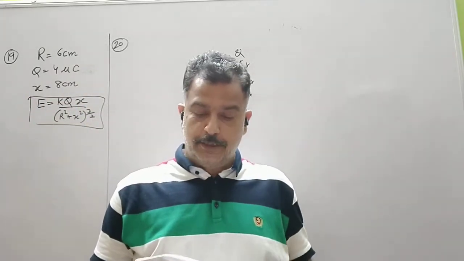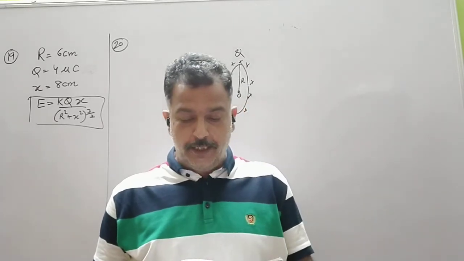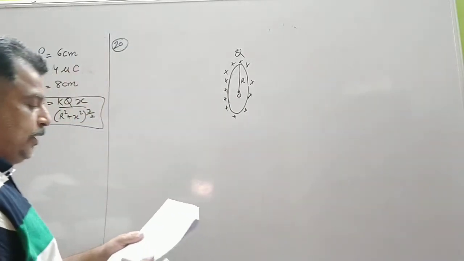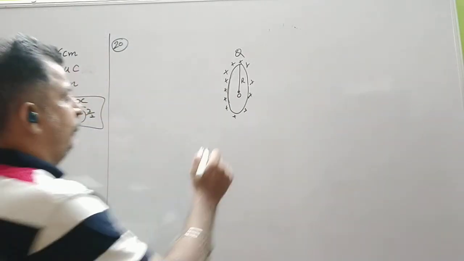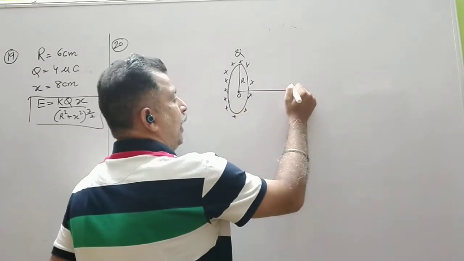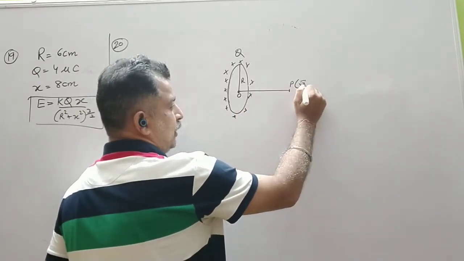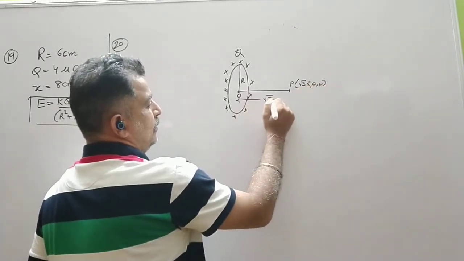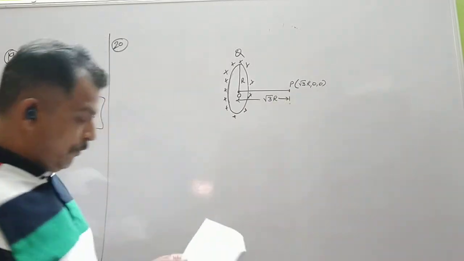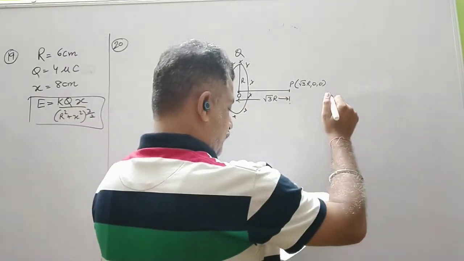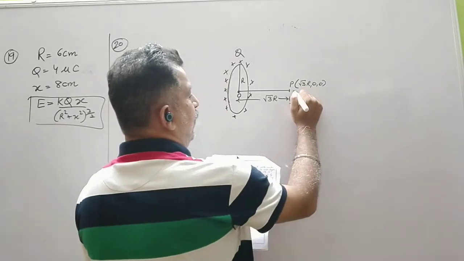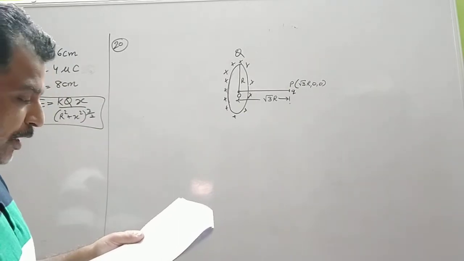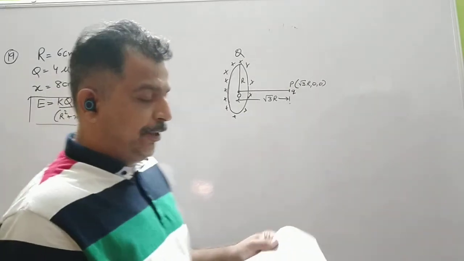A particle of mass m and positive charge q. So again another positive charge q is projected from a point P (root 3 R, 0, 0) on the positive x-axis directly towards the origin with initial speed v. So we have a particle at this point. The coordinate is root 3 R, 0, 0. It means this distance given is root 3 R. The particle has a mass m and this charge is q. The smallest value of the speed so that the particle does not return to P.